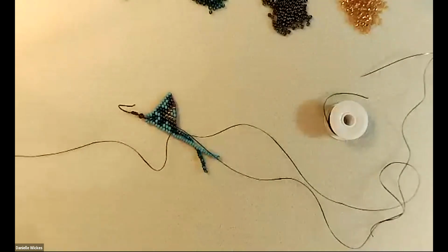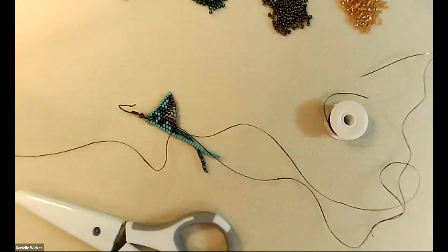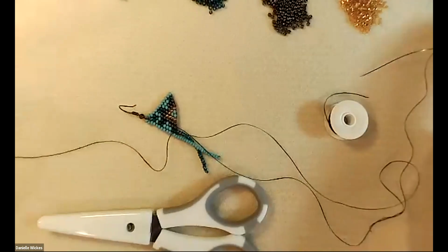Do we have time to make earring cards really quick? What do you think, Danielle? You've got about 5 minutes. I think if you want to show people how you would give these earrings either as a gift or for sale, what you would do at this point. Yeah, so what I would do,